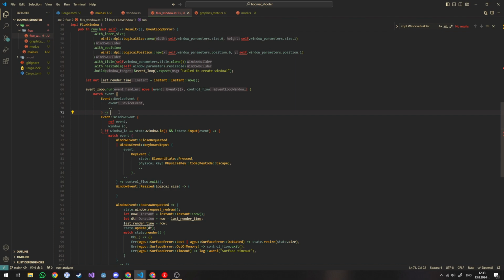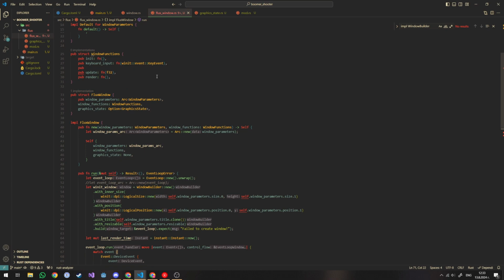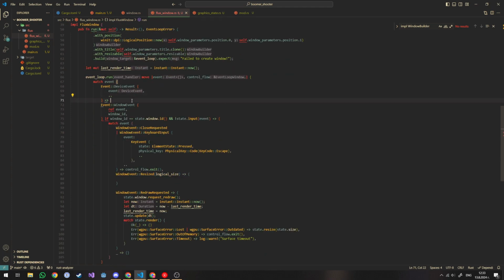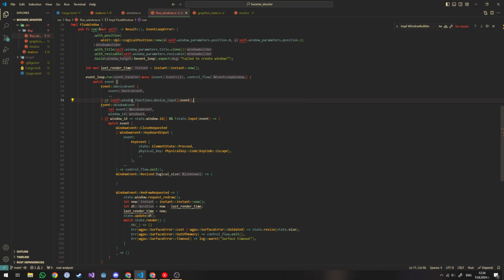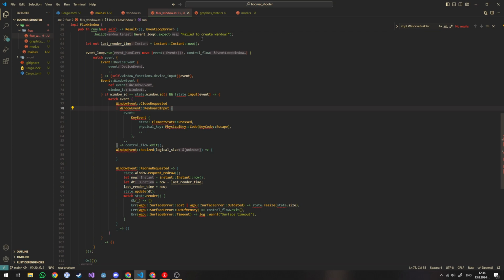I can add two separate functions, I guess. Device input. Okay, for now I'm gonna do it like this. I can easily change it later on. And call self.window_functions.device_input, and we're gonna pass in the event here. Okay, so